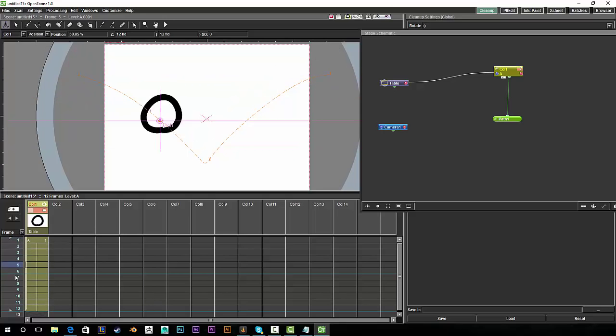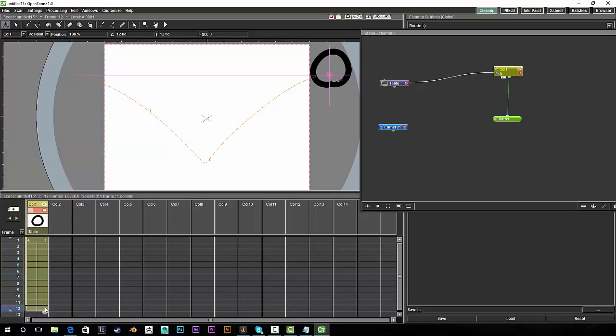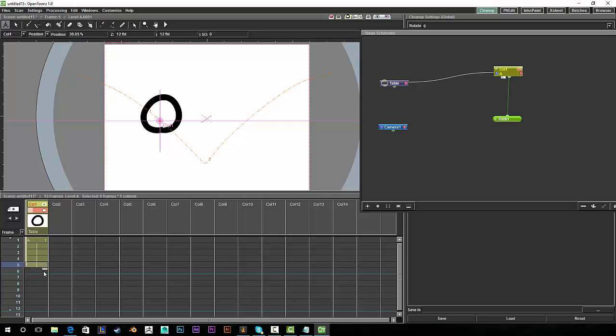The cool thing about this is it's doing it to the column, so right here I can actually go in and hand place some stuff. So that's frame 6. I'm just going to lower the exposure of this real quick, down to 5. You have to highlight the whole thing to do that. And then here,